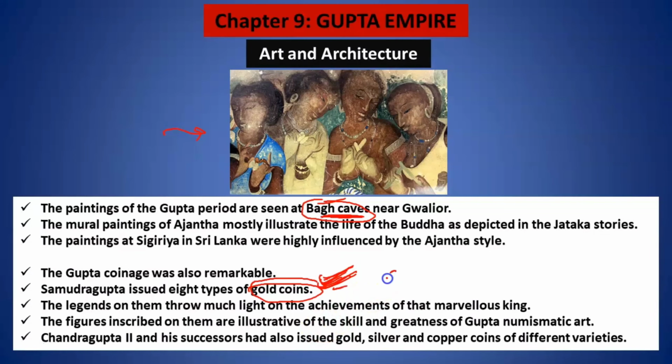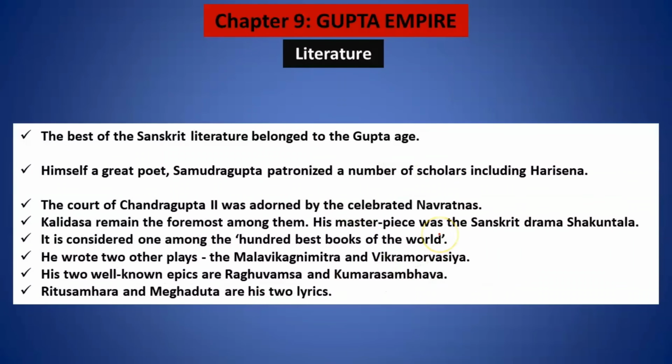And if you look at the sharpness with which these gold coins were designed, you will be very happy and surprised to see the beauty. All right. जितने skill उसमें use किए गए थे, the greatness you will find in this numismatic art. Numismatic means study about the coins. All right. So how beautifully the kings have been drawn over here. How they have been inscribed in the coins. How paintings have been inscribed in the coins. It shows how remarkable these coins were in the Gupta Empire. Hope this point is also clear.